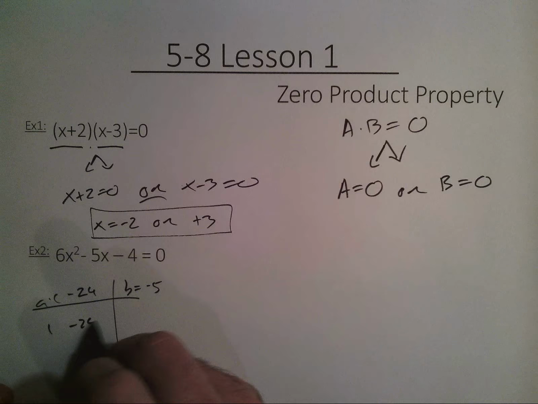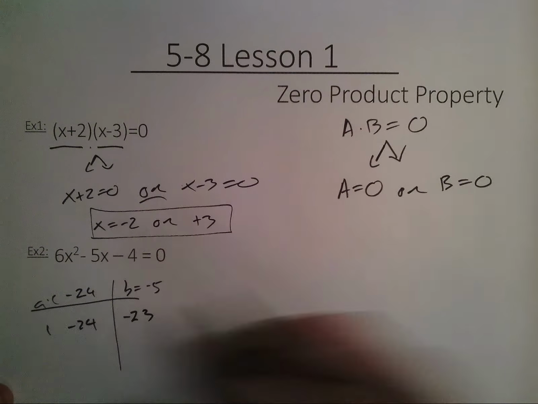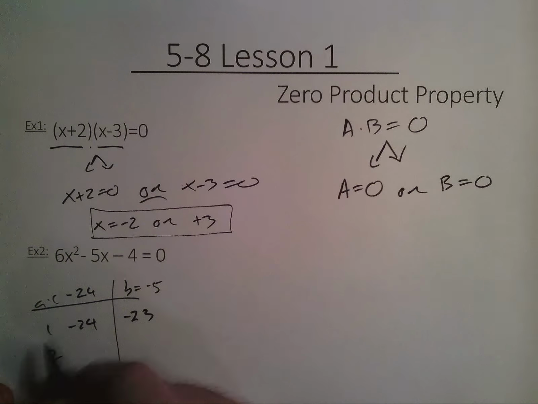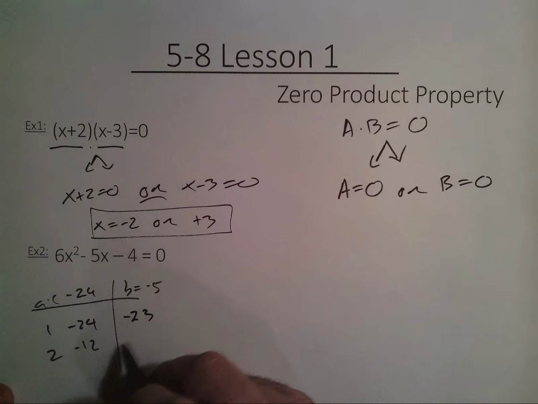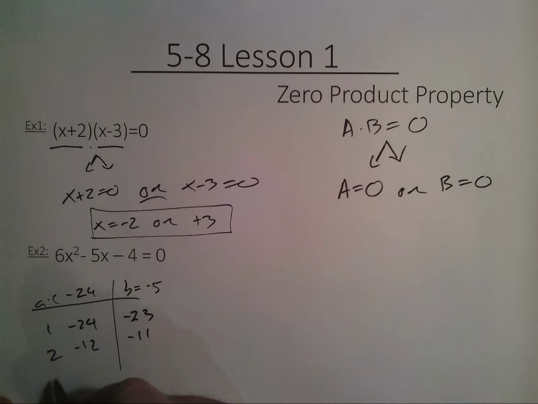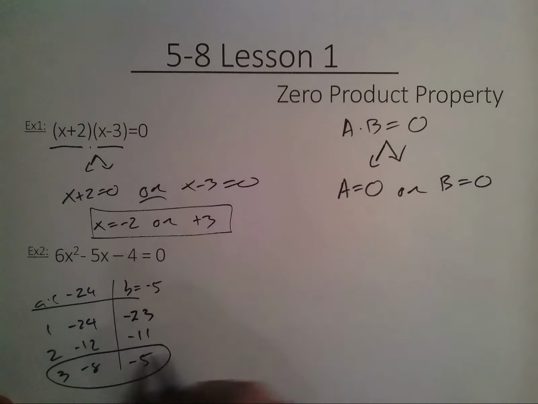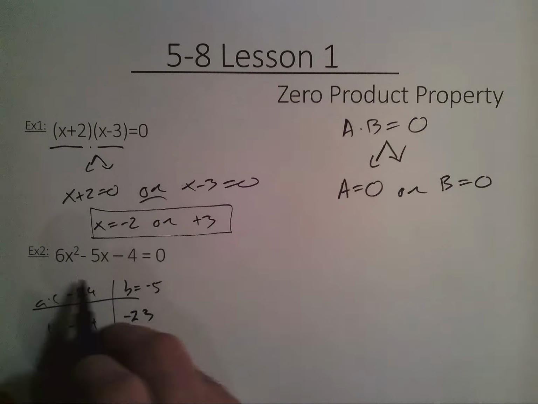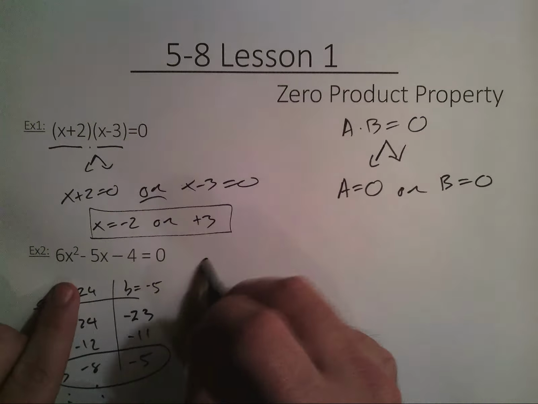So 1 and negative 24, now that gives me negative 23, too big. 2 and negative 12, which gives me negative 11, still too big. 3 and negative 8, which gives me negative 5. That's it. So remember, once I have these two pieces, I'm going to go ahead and rewrite this as 6x²